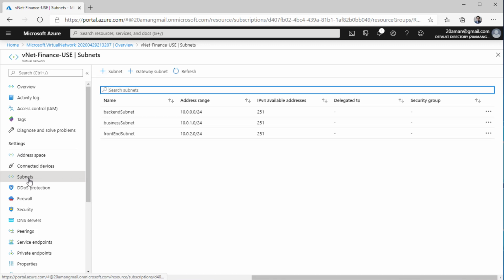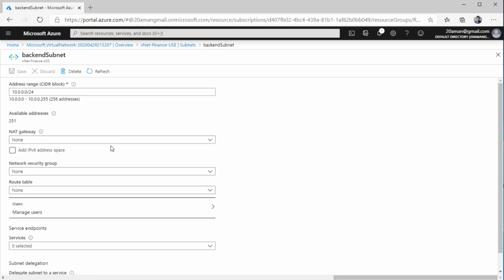Similarly, under settings, you have subnet section. This is where you can see all the subnets that are available in your virtual network. One another thing that you want to notice here is, if you go into any subnet calculator online, you will see that for a /24 subnet mask, there are 256 addresses available. Whereas it says that you only have 251 addresses available.